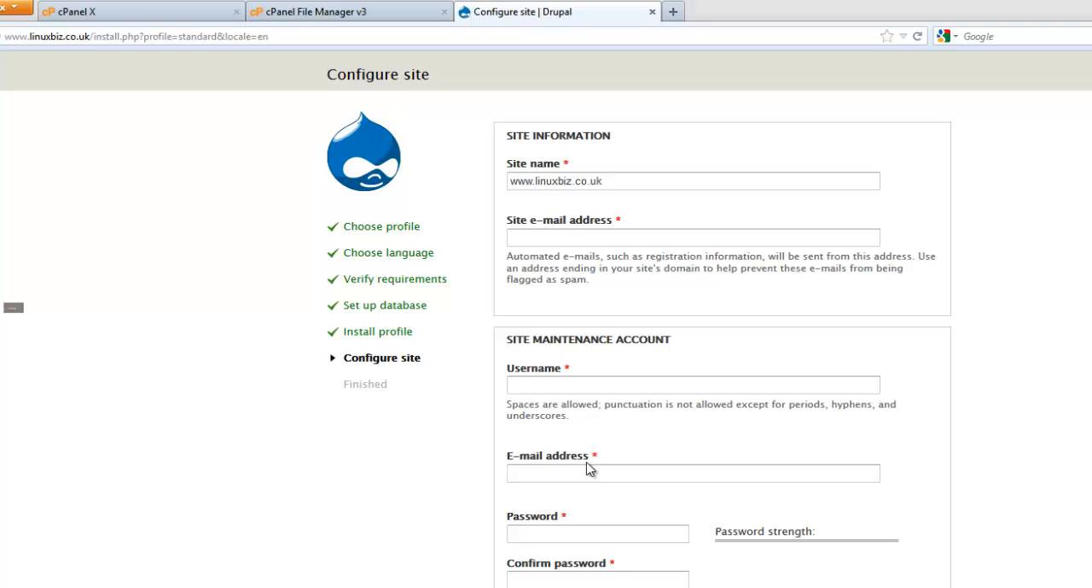Okay, so we just need to put some admin information in. So we need to put the site name in. That's really what you're going to call the site, so let's call that LinuxBiz. Then we need to put in an email address where we will be emailed information from the website. So you could call it info at your website. I'm going to call it info at example.com. We need a username, which I'll call admin,